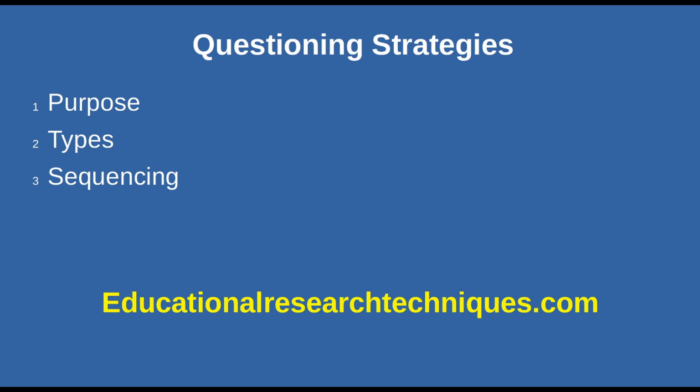So to try to wrap this up and bring a conclusion to this video, we took a look at questioning: what it is, and some different strategies that you can use to approach it. We talked about the purpose, helping kids to uncover what they don't know, checking in on their understanding, and using it as a classroom management tool to keep students engaged. We also talked about the types of questions, which can be convergent or divergent. Convergent questioning is, of course, only one answer. Divergent has multiple answers. And then we looked at sequencing, primarily from a perspective of developing reasoning skills, inductive reasoning versus deductive reasoning.